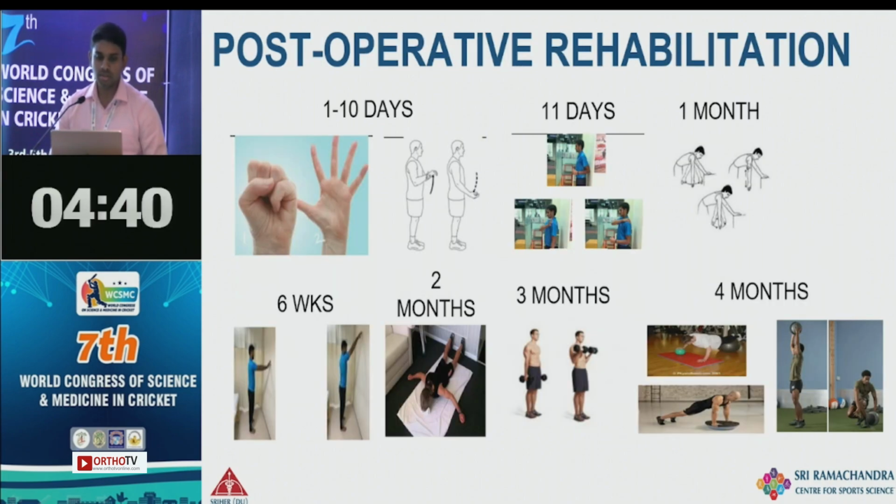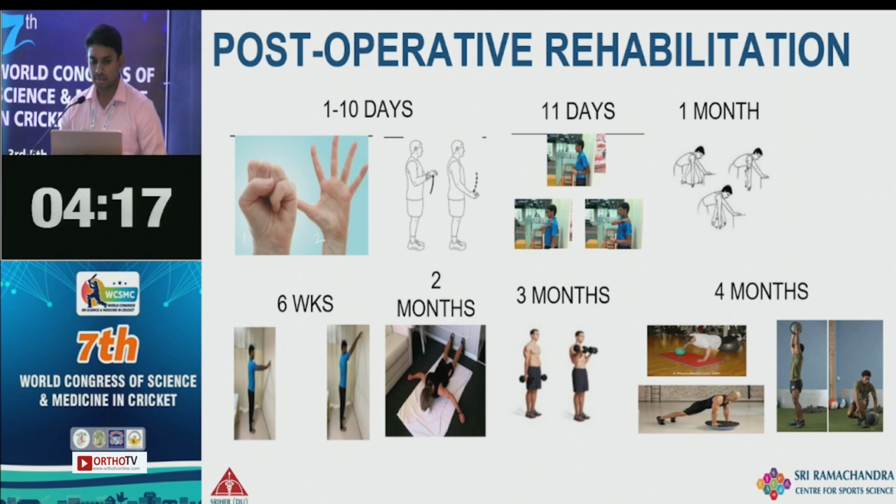this posterior labrum is repaired with suture anchors. So, post-operative rehab: we usually start the patients on a broad arm sling for a period of 1 month, and in the first 1 to 2 days we start fist pump exercises and active elbow movements, and after suture removal we start shoulder isometric exercises, and after 1 month we wean off the broad arm sling and start Codman's